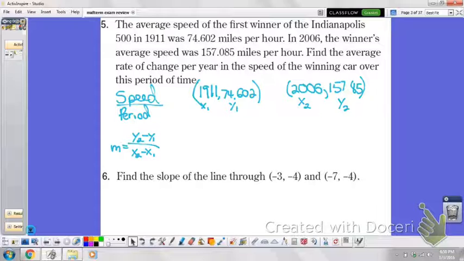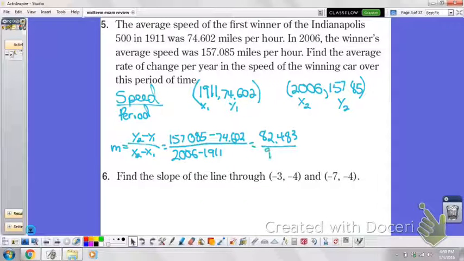So I'll take 157.085 minus 74.602, and that will all be over 2006 minus 1911, which is equal to 82.483